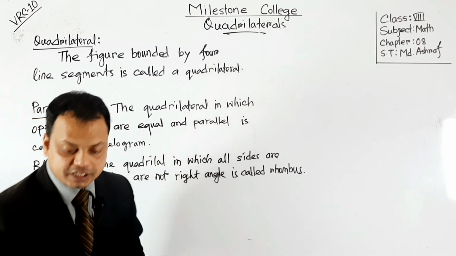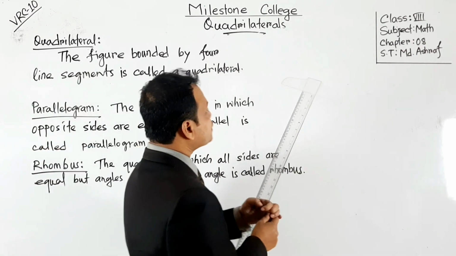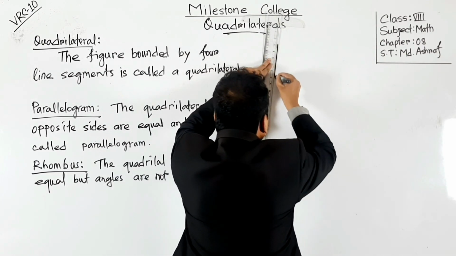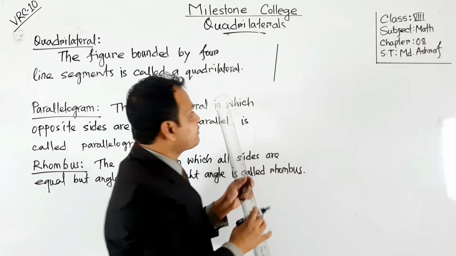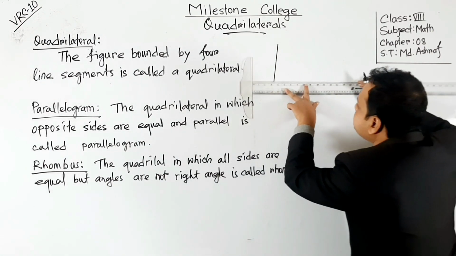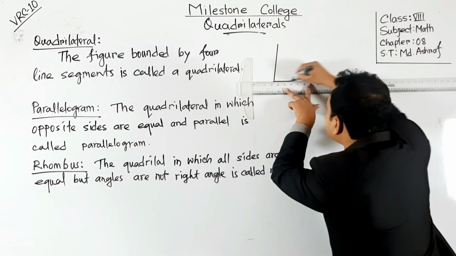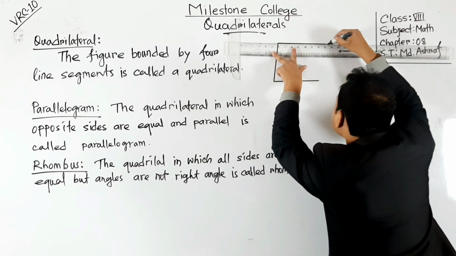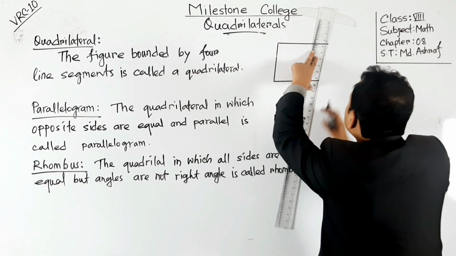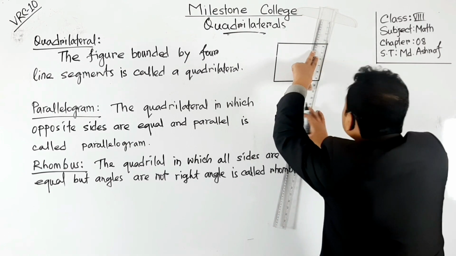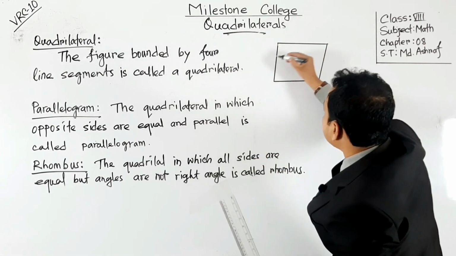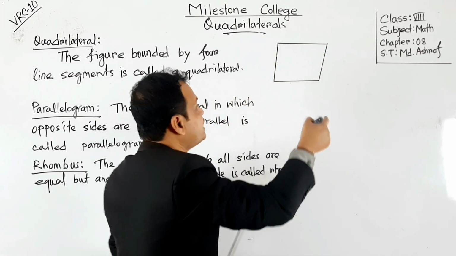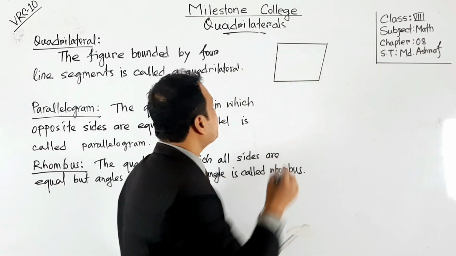So, let us draw the figure quadrilateral. Here we will have 4 line segments. At first, in any way we can draw this one. This is a line segment, first line segment, another line segment we can take here, another line segment it is 2, then another one we can take here. So, it is 3, then join this one. So, we have got 4 line segments, 1, 2, 3, 4. Okay. So, this is bounded or enclosed by 4 line segments. So, we can tell this is a quadrilateral.